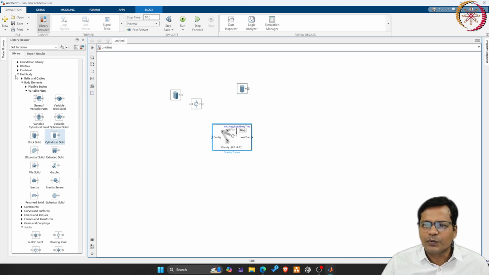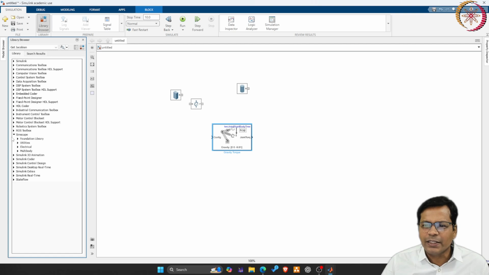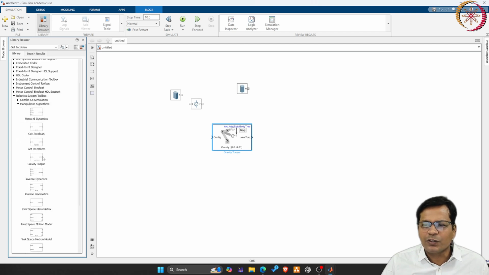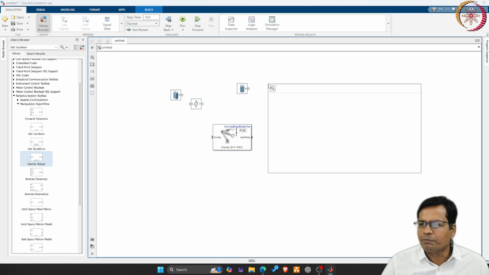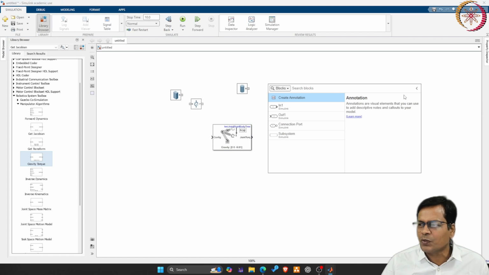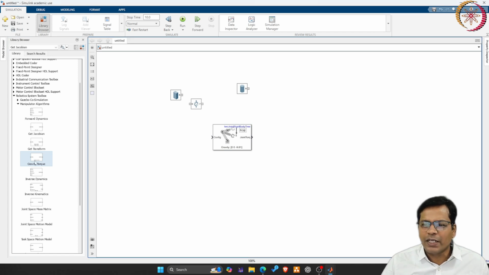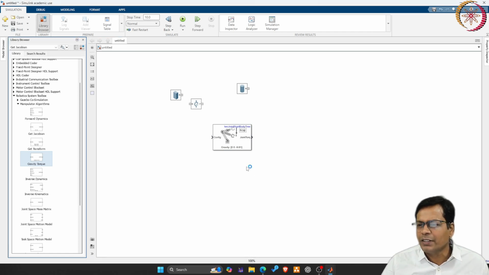These are the toolboxes that I'll be using, and then you also have the Robotics System Toolbox, where you see the manipulator algorithms, which include forward dynamics, get Jacobian, get transformation, and gravity torque. The gravity torque block I inserted by double clicking and searching for it. I could have directly dragged it from here and I'd get exactly the same block.